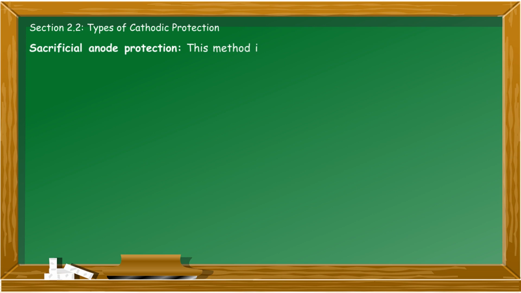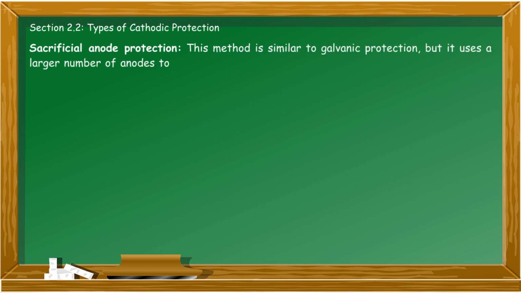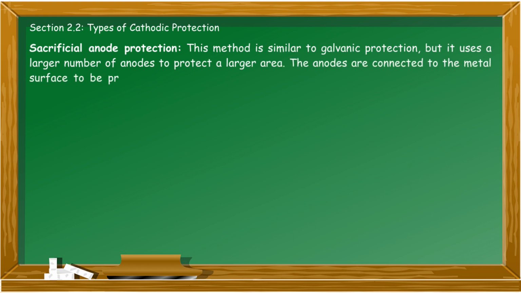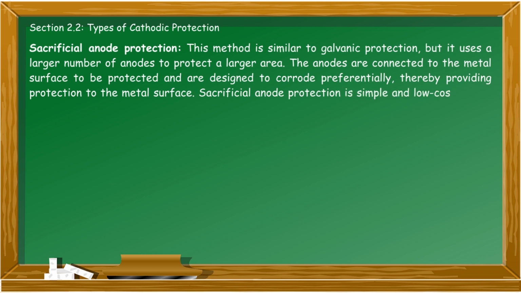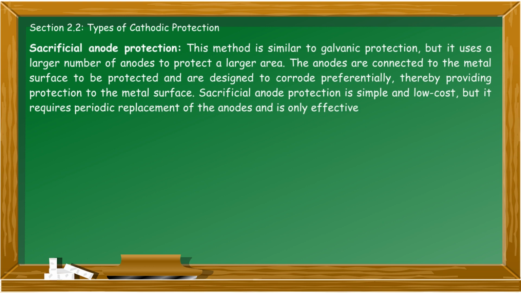Sacrificial anode protection. This method is similar to galvanic protection, but it uses a larger number of anodes to protect a larger area. The anodes are connected to the metal surface to be protected and are designed to corrode preferentially, thereby providing protection to the metal surface. Sacrificial anode protection is simple and low cost, but it requires periodic replacement of the anodes and is only effective